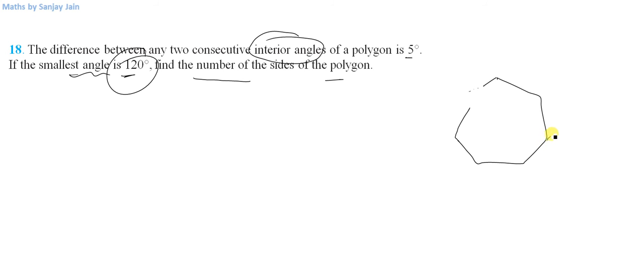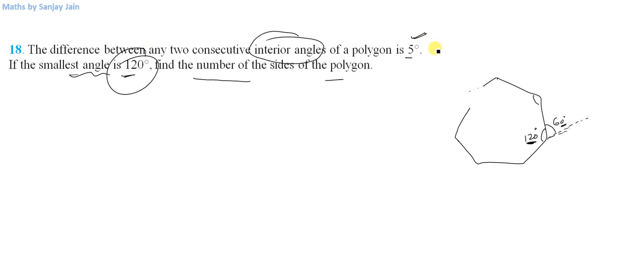What can I say about the exterior angle? Let us say this is the smallest interior angle, which is 120. What can I say about this exterior angle then? This will be equal to 60, and this interior angle is the smallest, so this will be the largest exterior angle. Why do I say that? Because this is the smallest interior angle, so the angle bigger than this, and these angles are two consecutive angles,